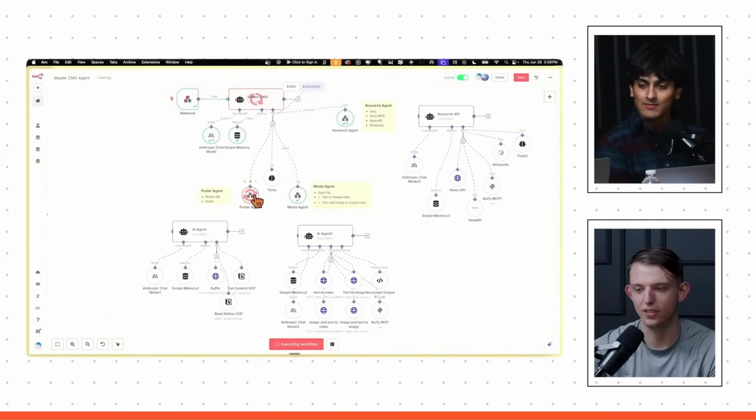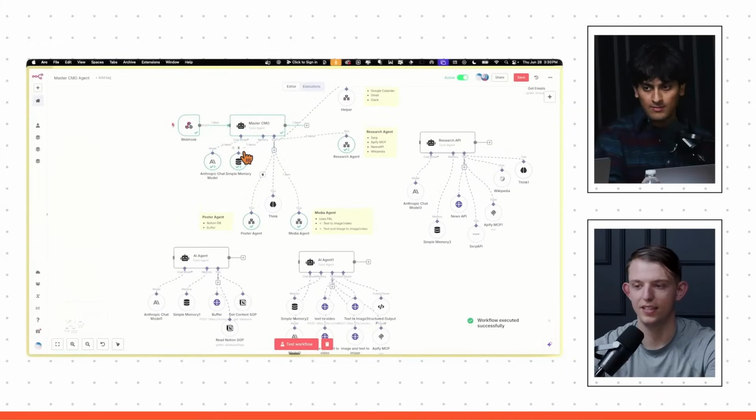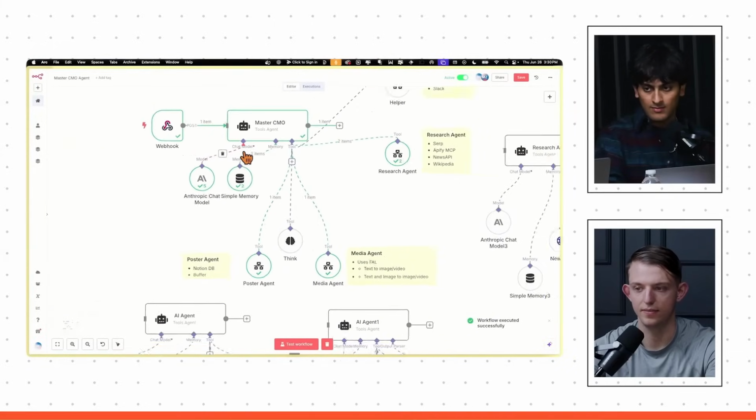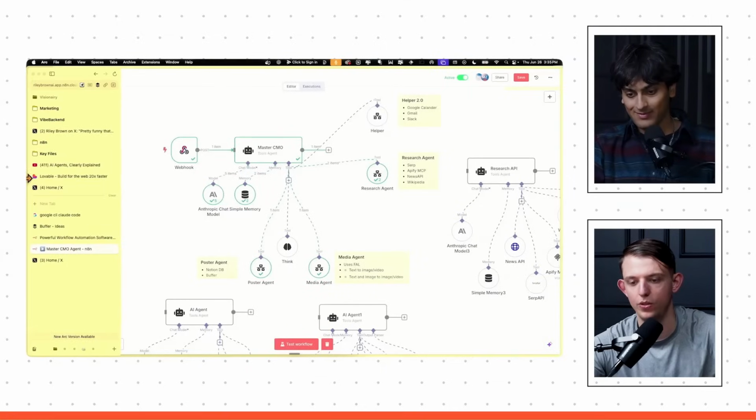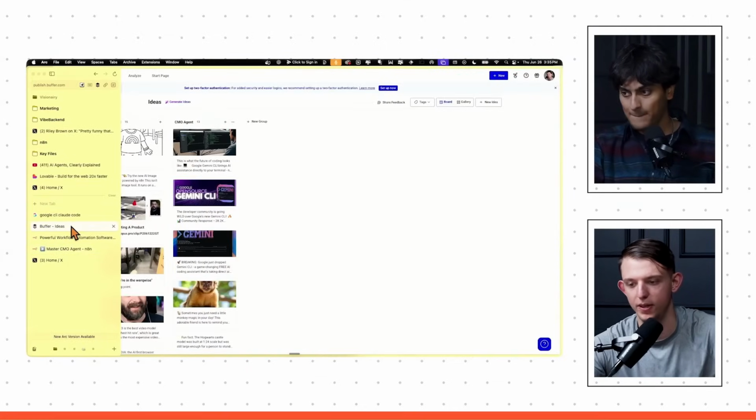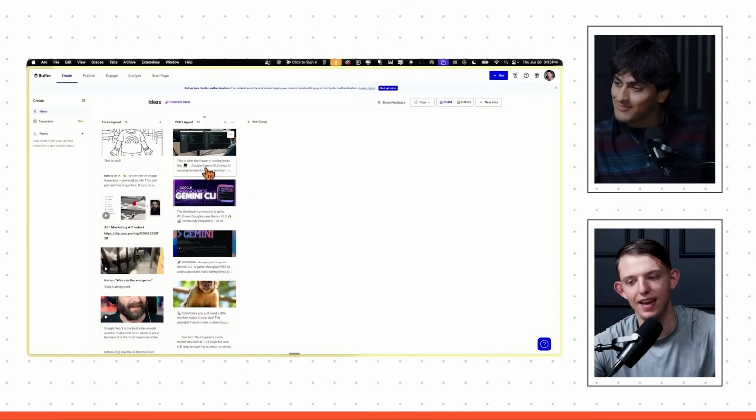And now it is posting them as an idea on Buffer. And this is where you can schedule posts on social media. Makes it very easy. As you can see here, it just completed. Wow, the execution took 7 minutes. Have you seen one that long before? No, that's the longest one I've seen. That's crazy. If we go to Buffer, we should see those posts. So as we can see here, and it used emojis.